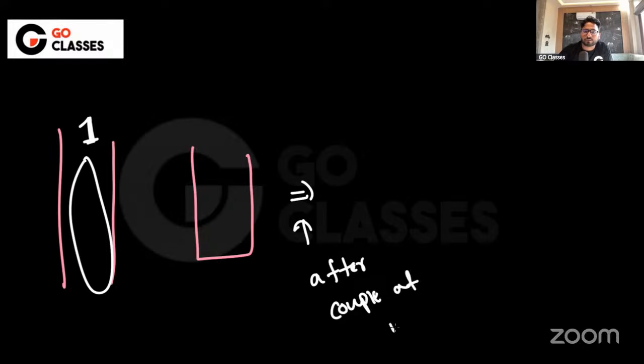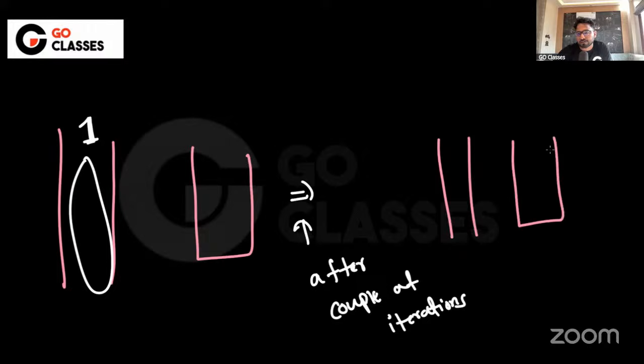Is this fine to everyone? I want to have one here because I want to supply this one at the end. That is for sure. So after a couple of iterations, I actually want this one to be fixed. I mean, this will automatically fix it. I can't do anything here. Once the turn of one is coming, then one will automatically be fixed, right? Is this fine to everyone?